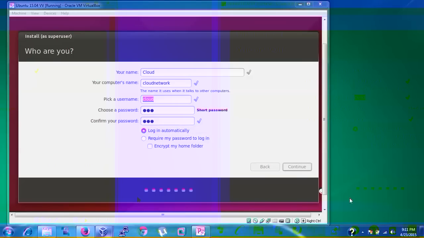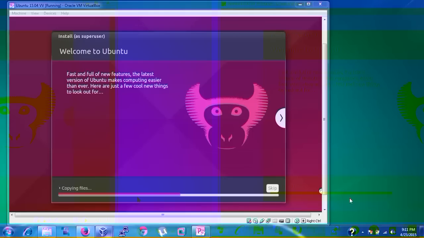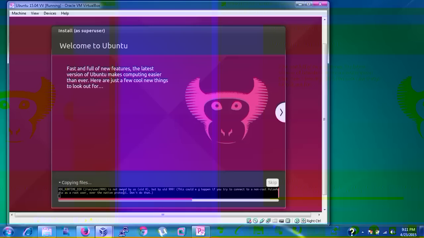That name is going to be shared in your network. If you are using the name cloud, it's going to be shared and used in your network, LAN and network also. Here it is going to copy the files. If you click the small arrow, you will find what is happening, you can see this.